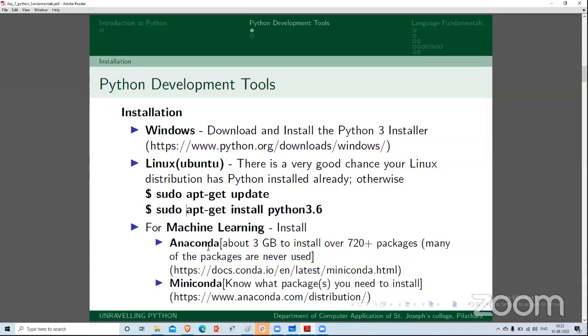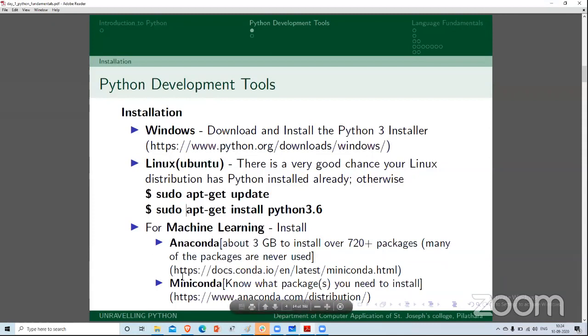All these things need to be done, but by installing Anaconda, we can do all of these things in a single step. It includes Python, some development tools, and almost all the packages. So simply we can install Anaconda for setting up everything needed for the Python environment. Is that fine? Are you clear with that?